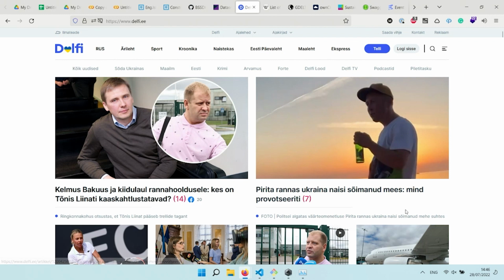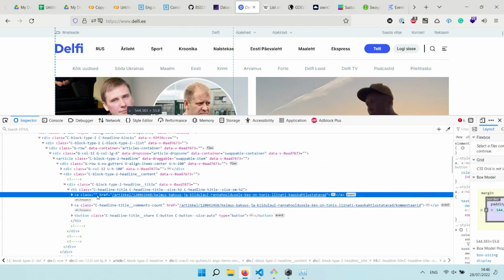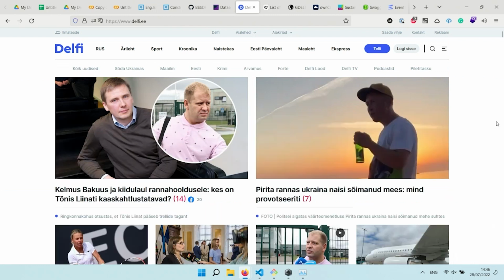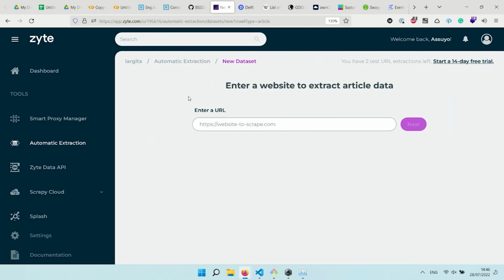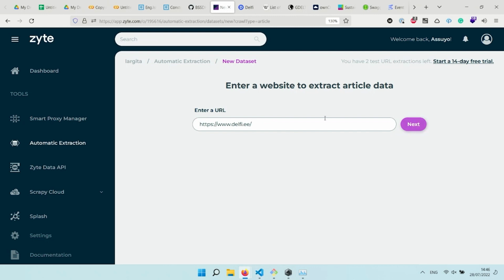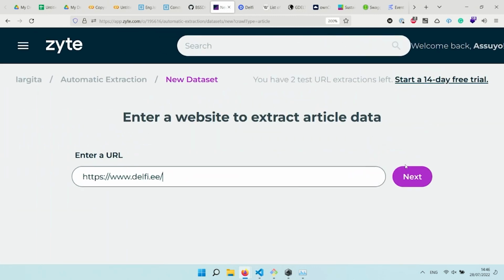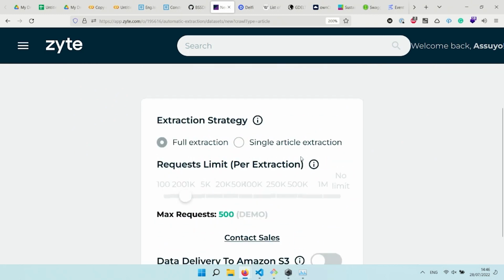So you see that there are articles. So if you wanted to create your own spider, you would go and look what these titles are, where they are contained. You would extract links. You should follow. You could follow links and so on. But this Zyte service can actually do that automatically, leveraging AI. So let's see what happens if we ask Zyte to extract news from this